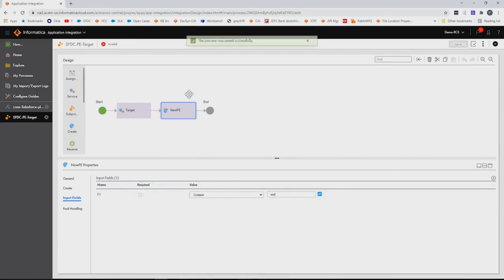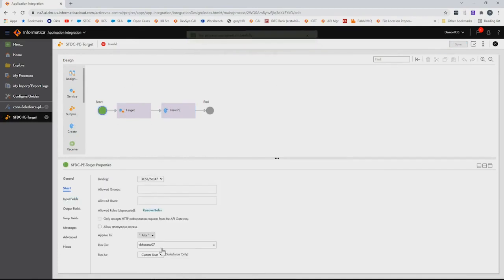Using this create step, it is not required for you to have this process running on the same platform, same secure agent or secure agent group. That is one advantage of using this particular step. So this is how one can publish a message to the platform event from an Informatica process to Salesforce.